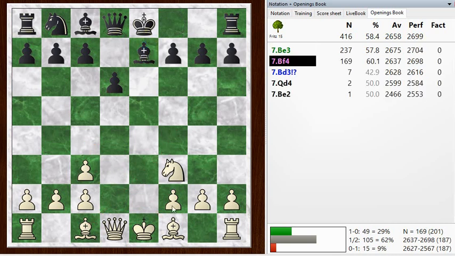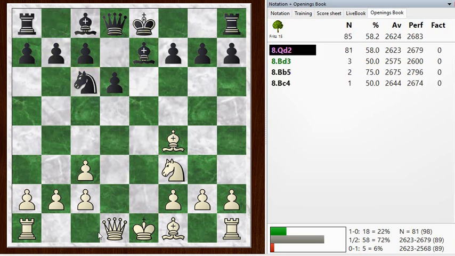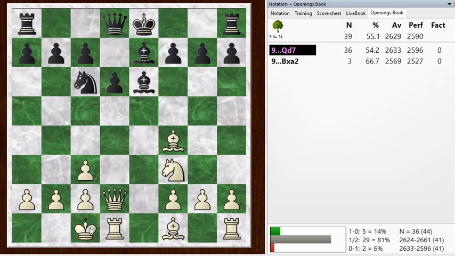Bishop b7. Say bishop to f4. The bishop comes out either to f4 or to e3. Knight to c6. Queen d2. Bishop e6 and castle queenside. And so white has suffered a little bit of pawn damage here, and he's missing a center pawn, whereas black has a center pawn, but black is